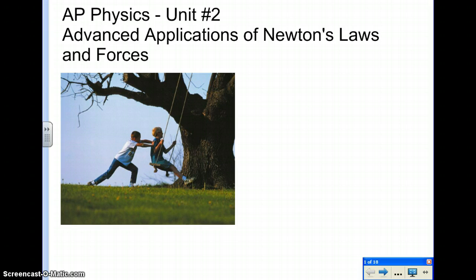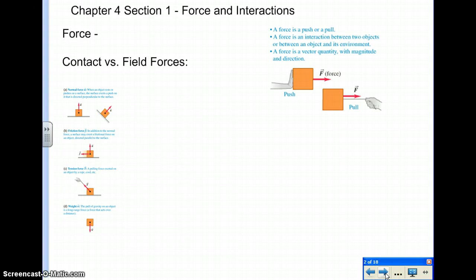Let's talk about some of these advanced applications of Newton's laws and forces. Well, the first thing that I really want to do is make sure that we define a force. When we're talking about a force, you may recall that a force is just a push or a pull in any direction. The fact that it is a push or a pull tells us that it has a magnitude, and the fact that it'll be in any direction tells us that it has a direction,